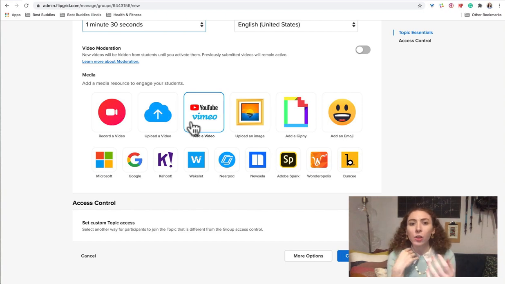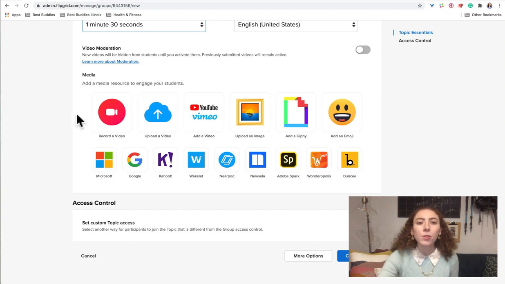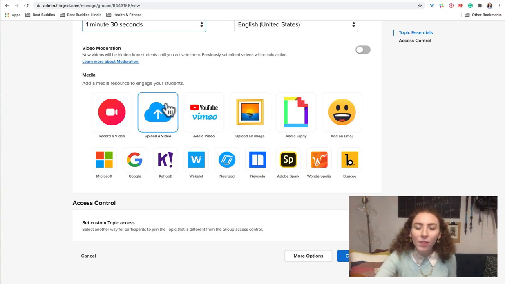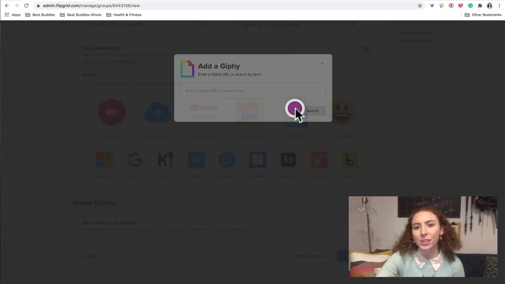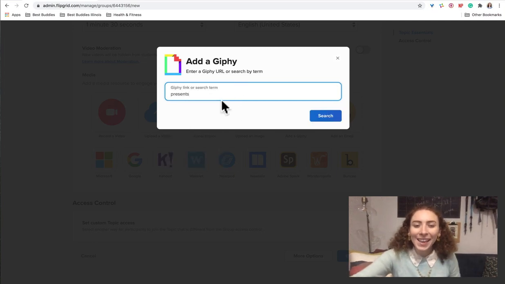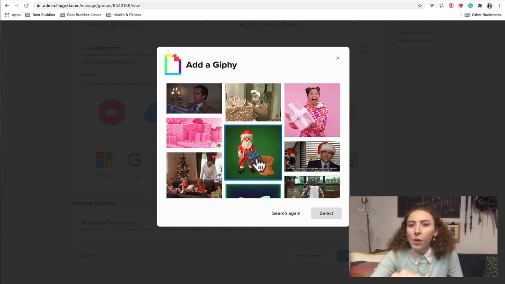I have shown some examples before where teachers have used this for students to watch a video from Sesame Street and then record a social emotional learning response. They use it for curriculum and a lesson, and record something that helps to develop their knowledge of a social emotional learning topic. You can record a video of yourself reintroducing this, upload a video as a sample, lots of different choices there. We tend to just use a GIF because it's pretty easy,